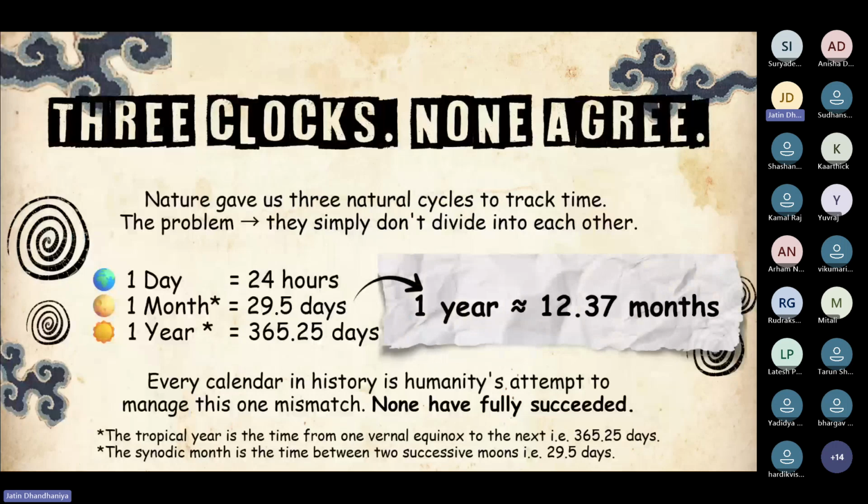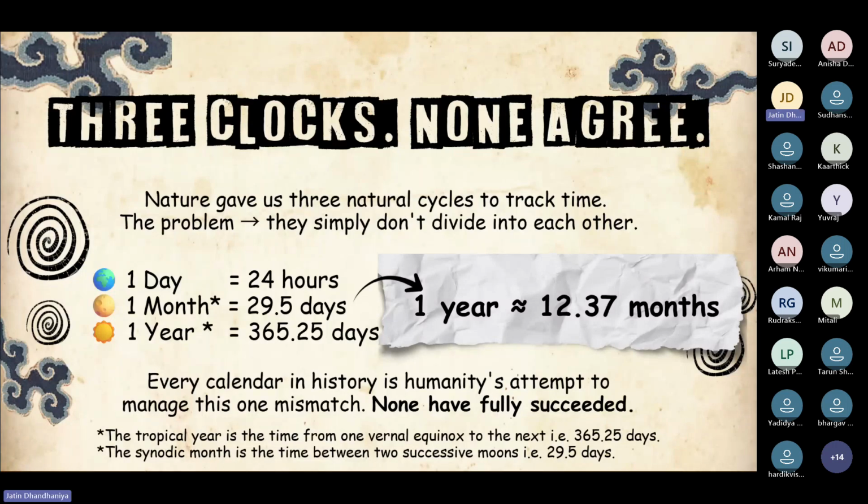Okay, let's move forward. Now there are three clocks and none agree. Nature gave us three natural cycles to track time. The problem is they simply don't divide into each other. Now, one day is 24 hours. We are talking about the solar day. One month is 29.5 days. We are talking about a synodic month, which is the time between two successive new moons, 29.5 days. And one year is 365.25 days, which is the tropical year,